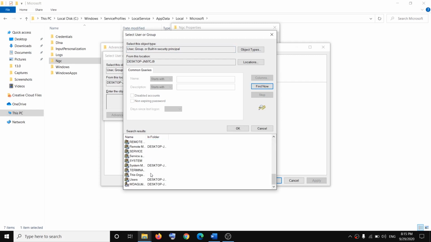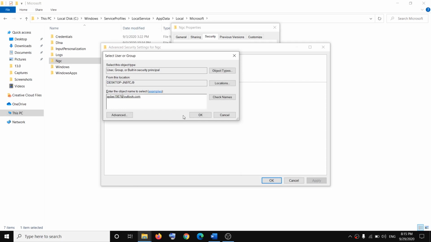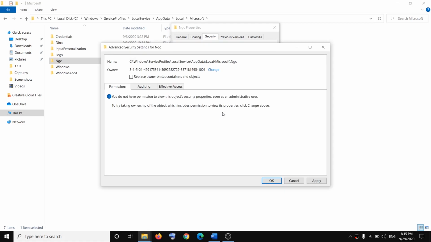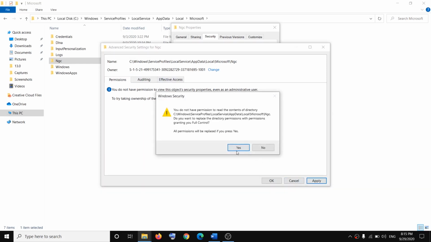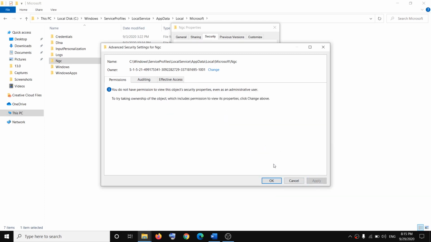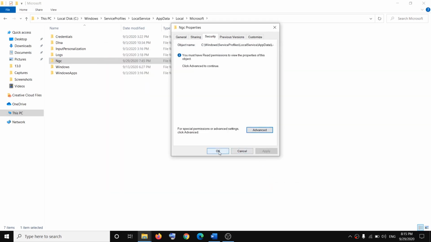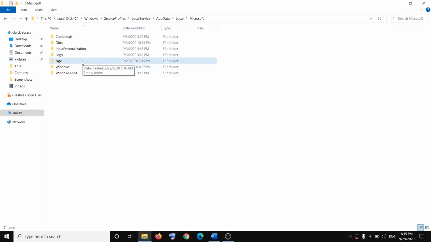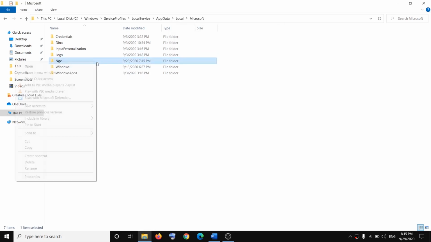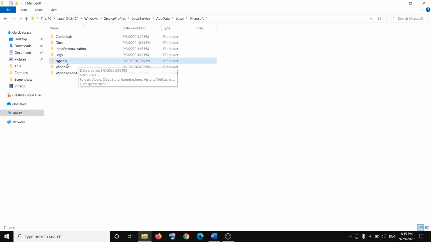So select your username from the list and then click on OK, and once the username is added over here, click on OK and then put a check on the box which says replace owner on subcontainers and objects, and then click on apply, click on yes, OK, and then click on OK once again, and then you can go ahead and try to rename this folder. So make a right click, then click on rename, and then you can go ahead and type in .old. So now I am able to rename this folder.